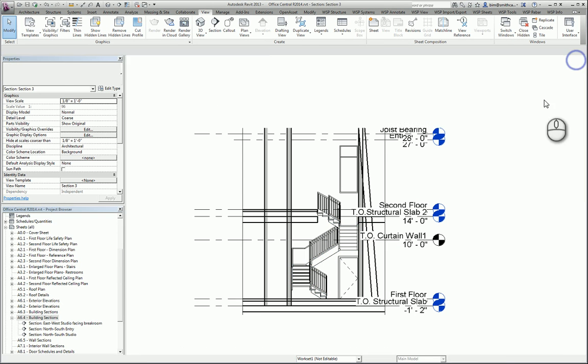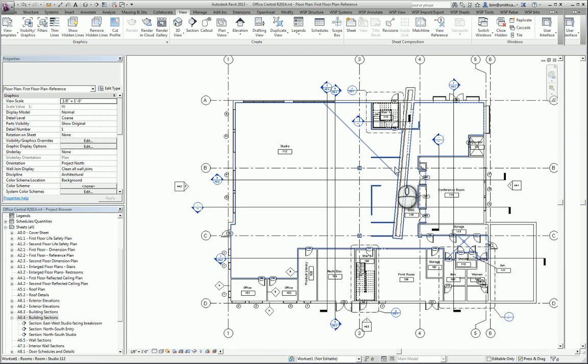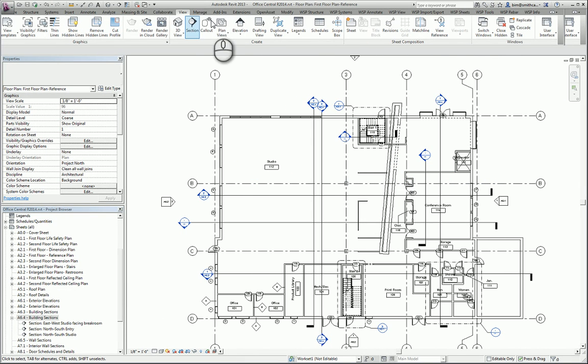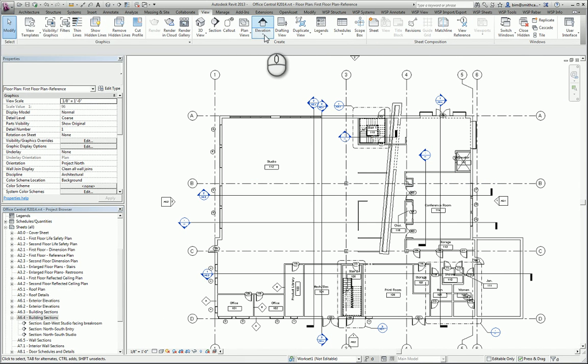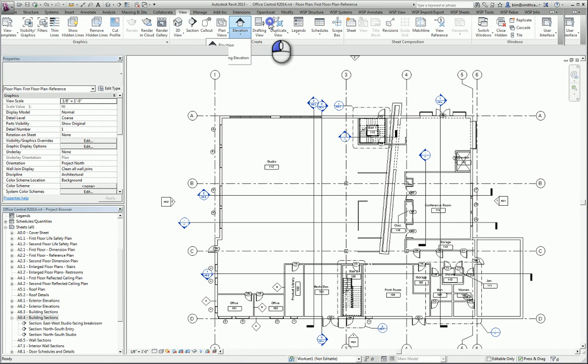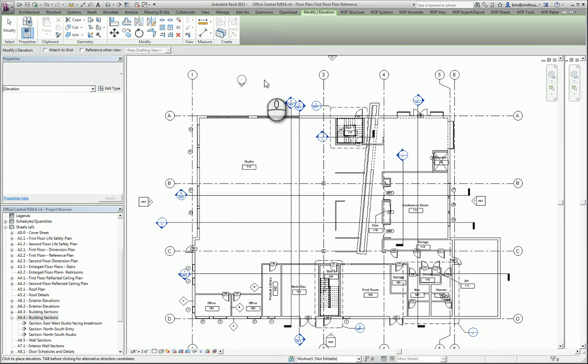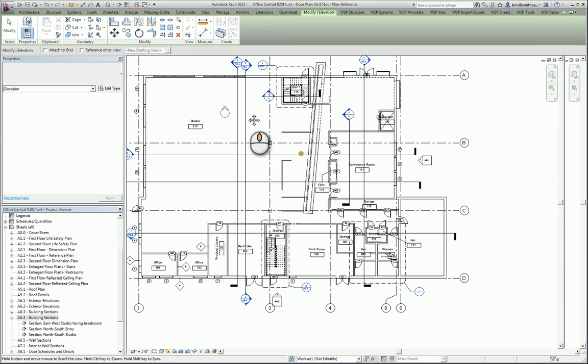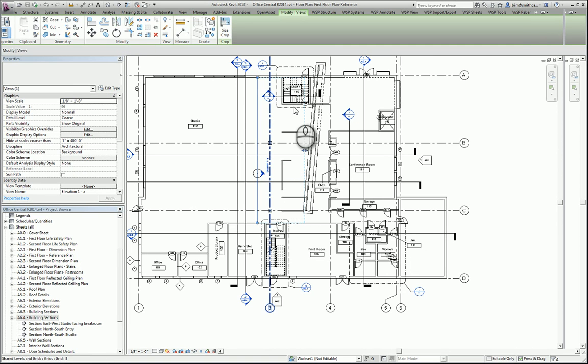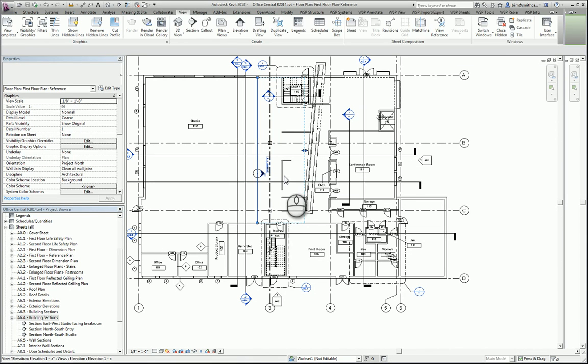Okay, now if I want to create some elevation views, let's say again view, and I've got elevation views. Okay, so view elevation, click on that, there's my elevation view. Now as you move it around, it kind of points to the objects for you. So if I move this around, like say I want an interior elevation of this room, I can click here and I place that, and you can see if I pick on the head here, this is the